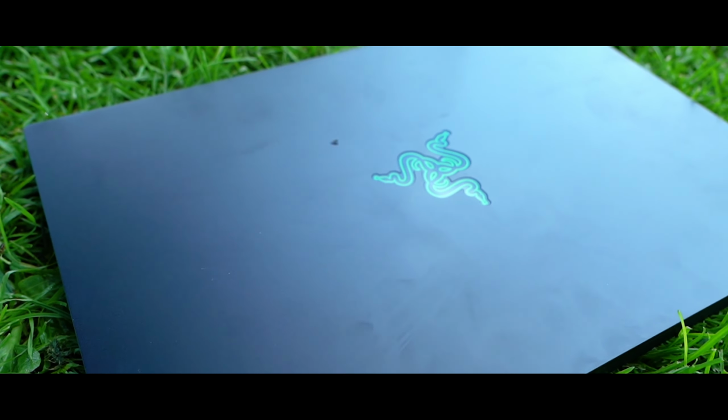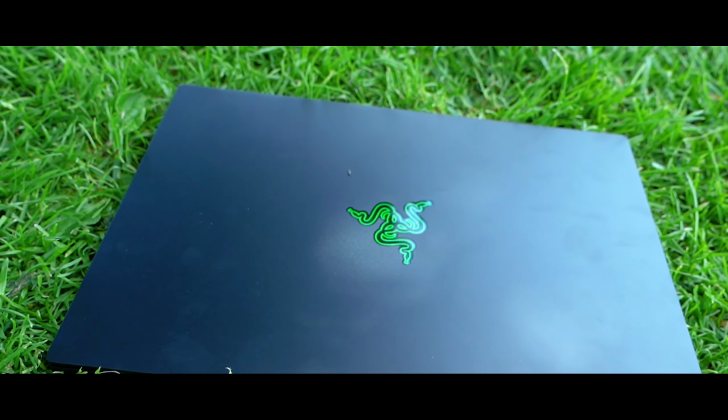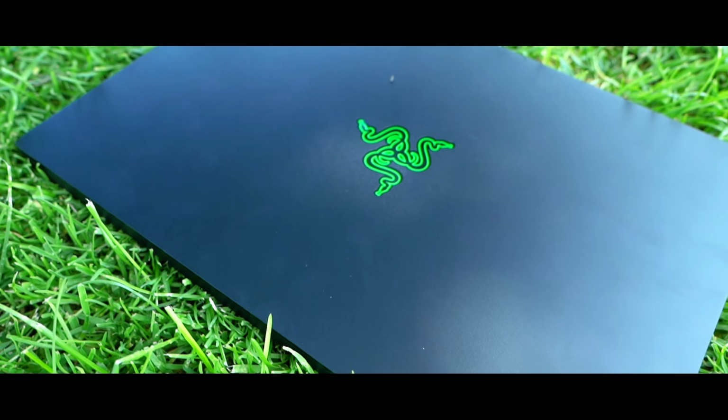But it's so lightweight and portable, it weighs under 4 pounds. You'll barely notice that you're carrying this thing around. In fact, it was so light and sleek, I didn't want it to touch the grass. I didn't want it to touch the ground. It just looked so good. I wanted to keep it as pristine as possible, which is a good problem to have when it comes to